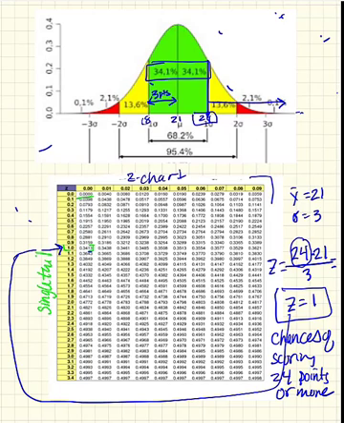So that's this, right? We want all of this shaded-in area. I told you that the Z value equals 1. So what does that mean? Well, it means that we have a 34% chance of scoring between 24 and 21. That's essentially what this is telling us. So that gives us enough information to derive the answer to our question, which is the chances of scoring 24 points or more. Well, it's just going to be 50%, 0.5, minus 0.34,